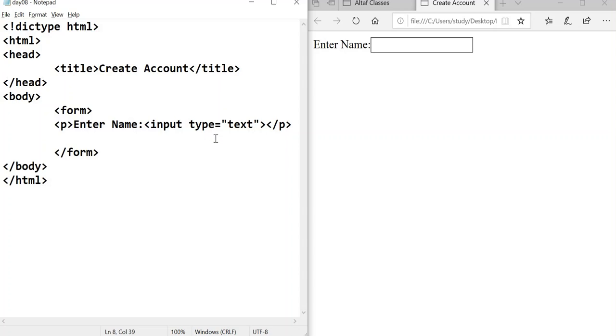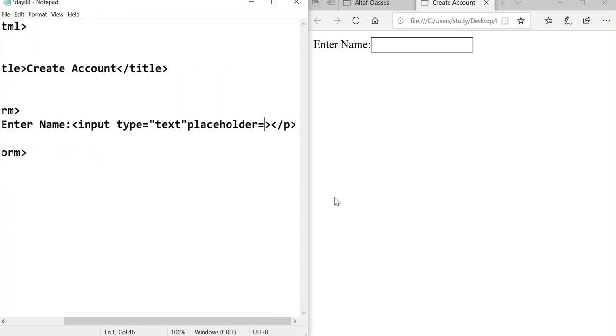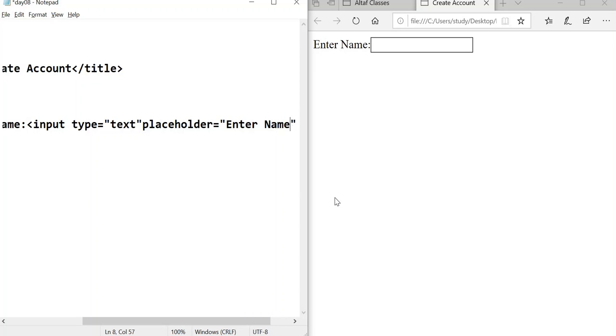Input type is equal to text. Now I'm adding a placeholder here, and then enter name. When I save this one and refresh, you can see the placeholder enter name.